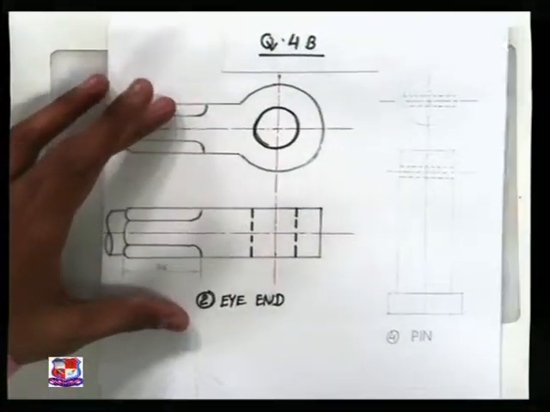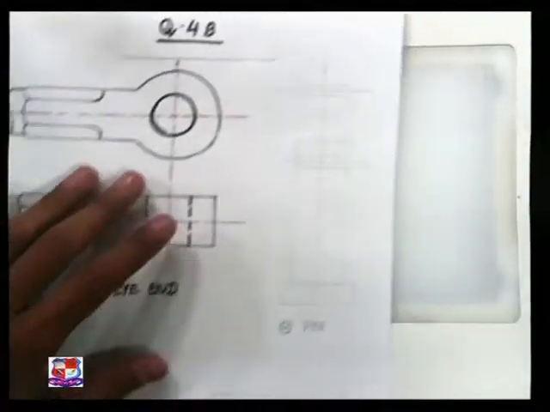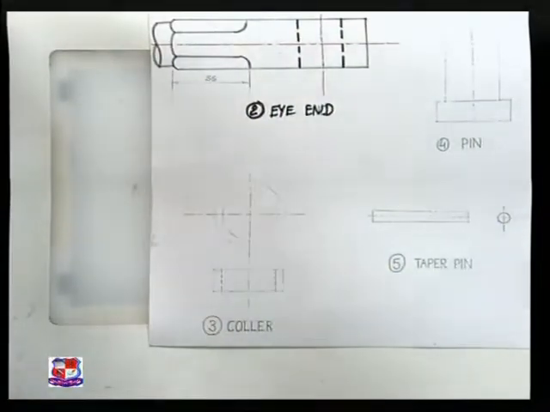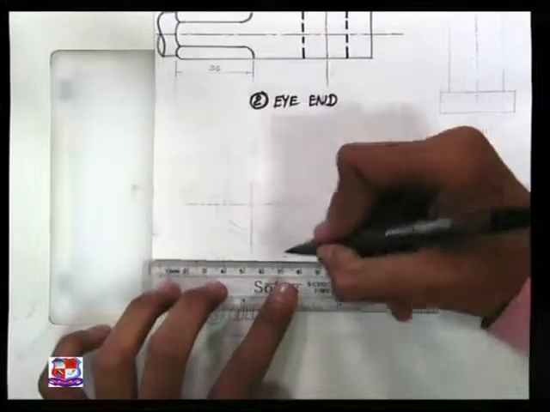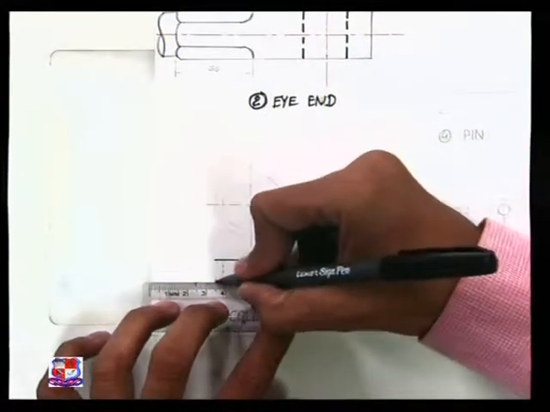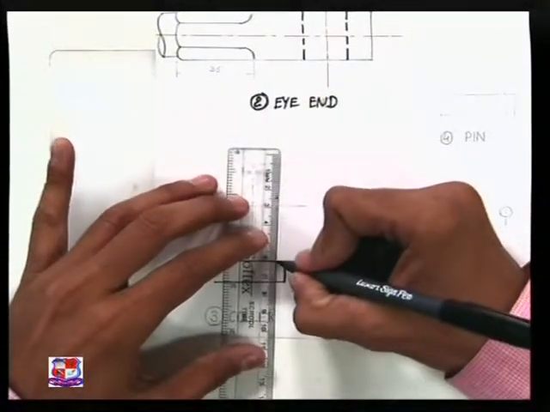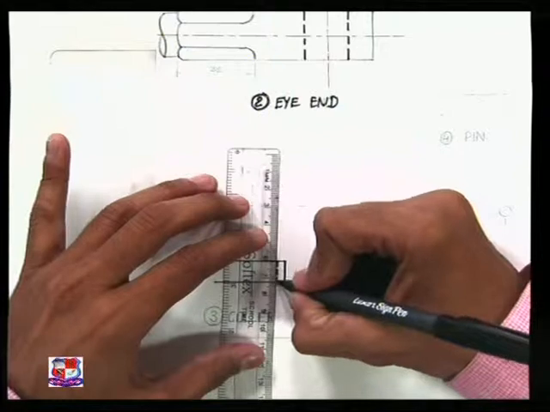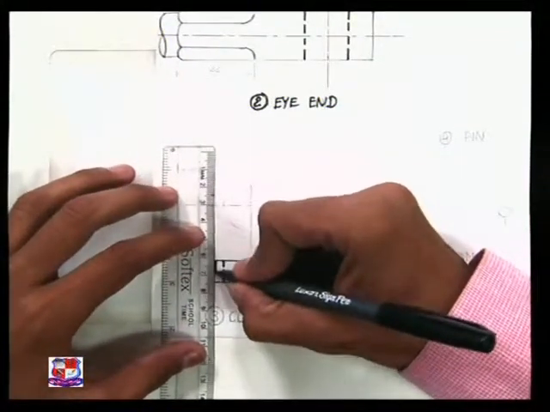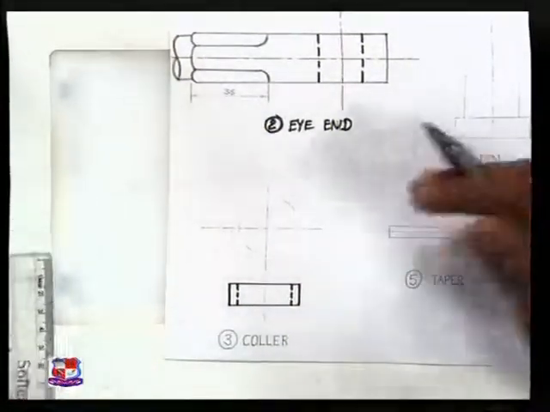Now we think about component number 3, that is the collar. Collar and pin, two components are there. Let me draw the collar first. The dimension of the collar is known to us. It's circular in shape, having a hole. So it could be said to be a hollow cylinder. So it's easier for us to draw a hollow cylinder, which consists of a rectangle in the front view like this. These two dotted lines show that it's hollow, and